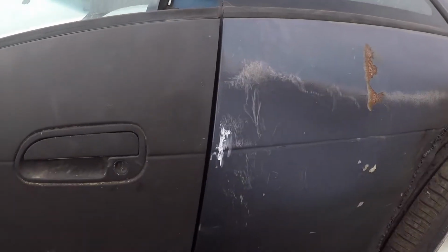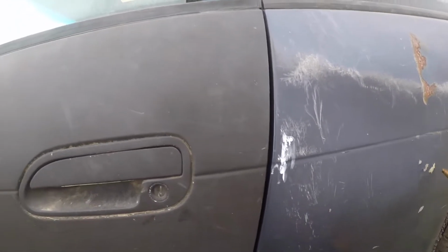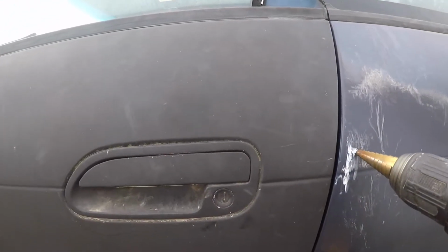these over fenders. Now this is a used set of over fenders, that's why there are already holes pre-drilled. Normally you wouldn't be able to do it like how I am, just marking it. You'd have to drill your own holes in your over fender and then mark it, but that's easy enough. So there's my spot. It's a little messy, but I can see where it is. I'm going to go ahead and take this and just get the first one